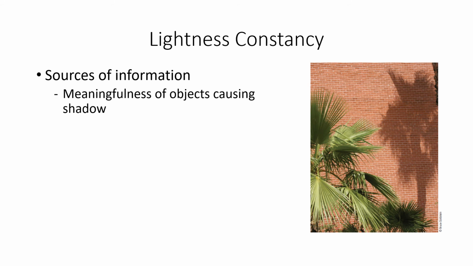We do use different sources of information for figuring out where shadows are, and so meaningfulness of objects, the objects causing the shadow, that can help us a great deal. Again, looks like top-down processing, because I usually ask the question at the end here, but again, you're not here, so I'm just going to start giving a lot of spoilers where we can tell that that's the shadow of a tree, and that those bricks that are in the shadow of the tree are not just darker bricks or dark bricks that are